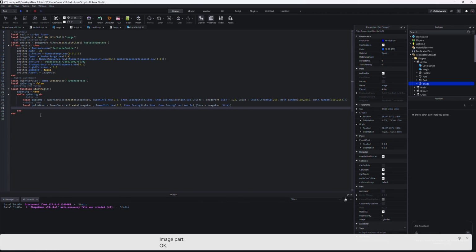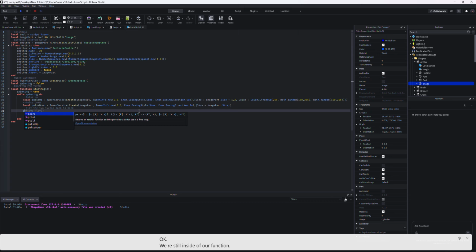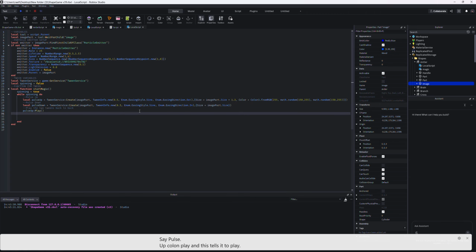Okay, next, play the 2 tweens back to back. Okay, we're still inside of our function. So we're going to say pulse up colon play, and this tells it to play. Then pulse up dot completed